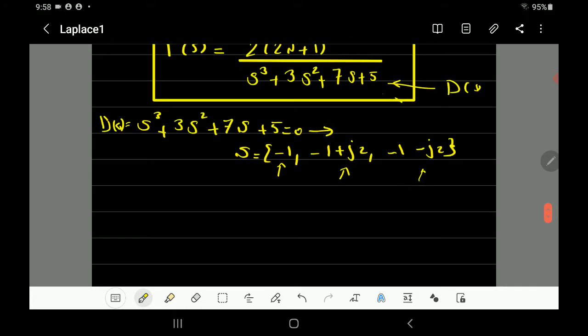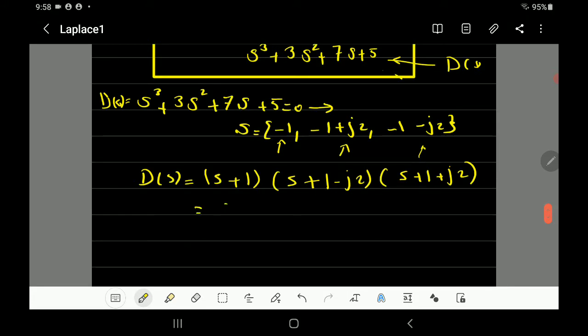So the denominator can be expressed in this way: s minus the first root, which is minus 1, so s plus 1, times (s plus 1 minus j2), and the third one (s plus 1 plus j2),